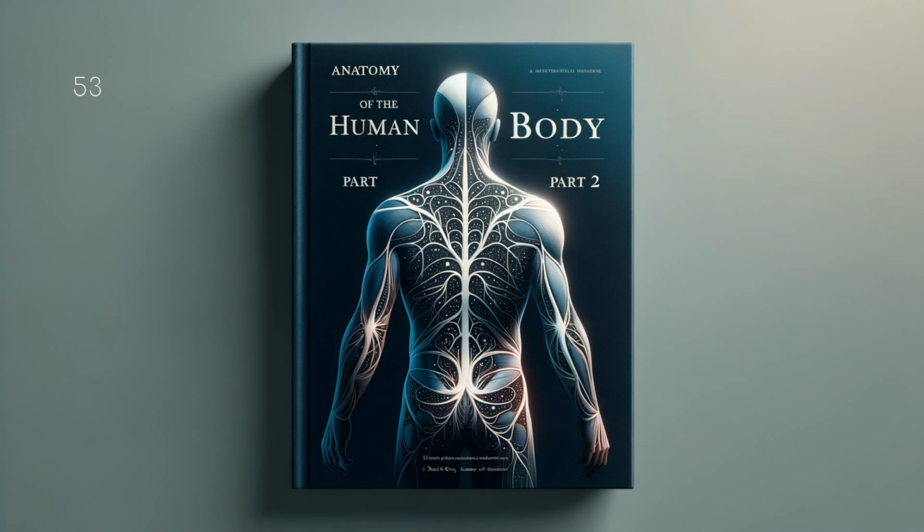It arises from the whole of the posterior surface of the interosseous membrane, excepting its lowest part, from the lateral portion of the posterior surface of the body of the tibia, between the commencement of the popliteal line above and the junction of the middle and lower thirds of the body below, and from the upper 2/3 of the medial surface of the fibula. Some fibers also arise from the deep transverse fascia and from the intermuscular septa separating it